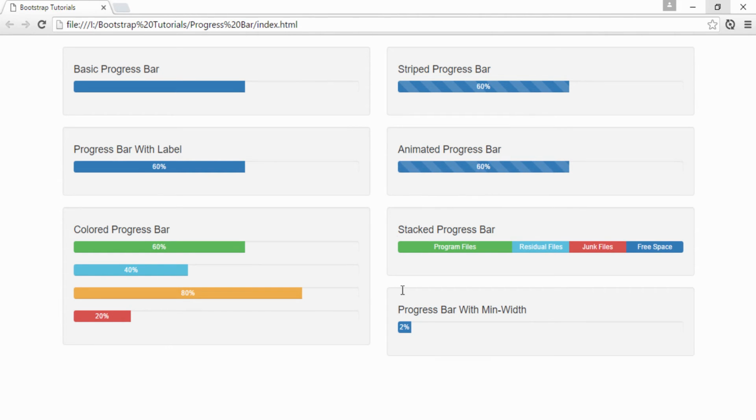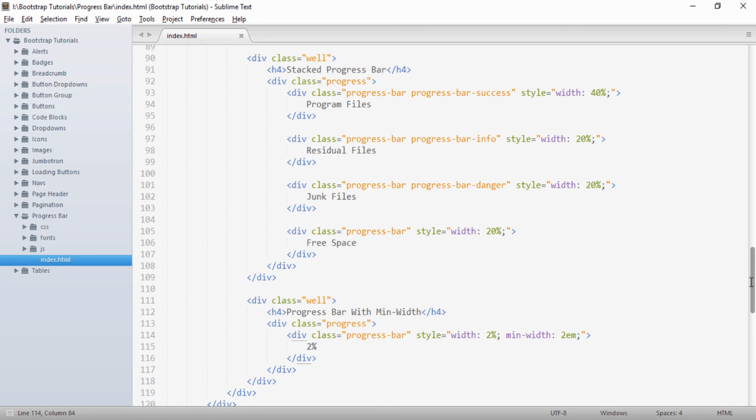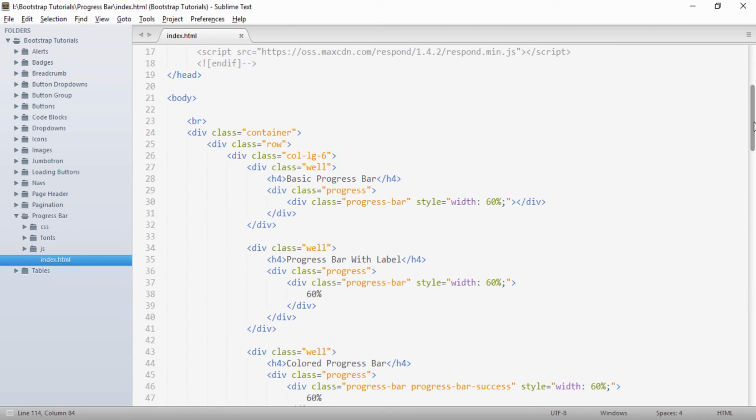One last thing I will be doing is removing this well, so that all these progress bars are visible clearly. I will just go to my editor, and here I will just comment this well.